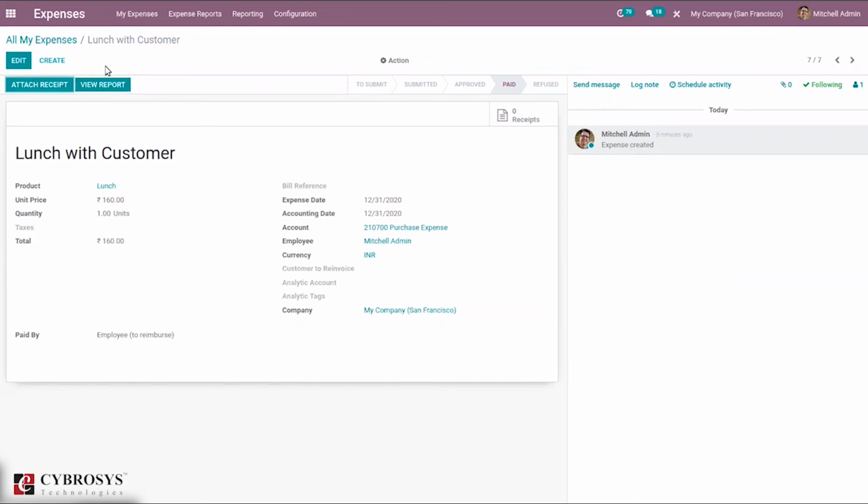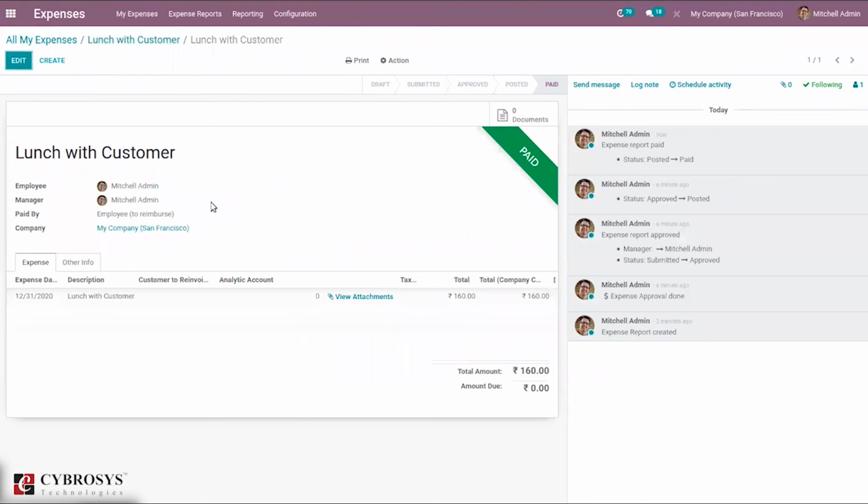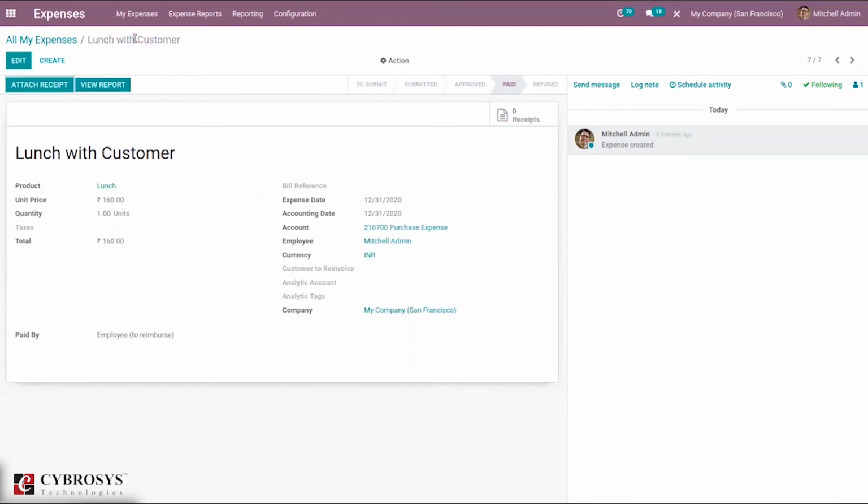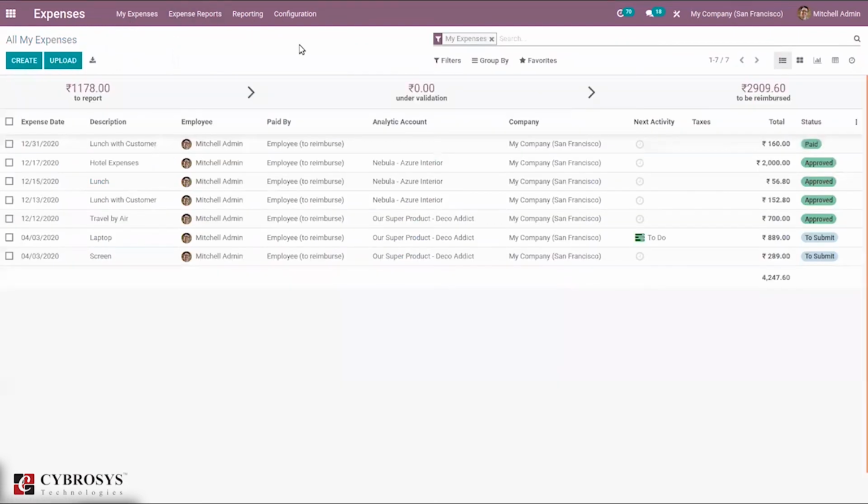Then when you come back here, you can see option to view report. So when you click on view report, you can again view the report. So now you can see an expense is added here as status as paid.